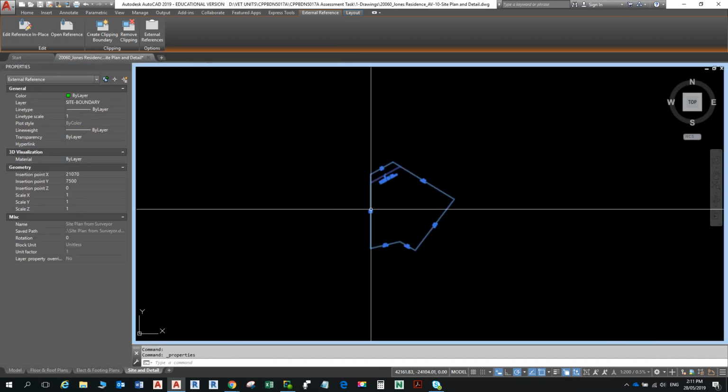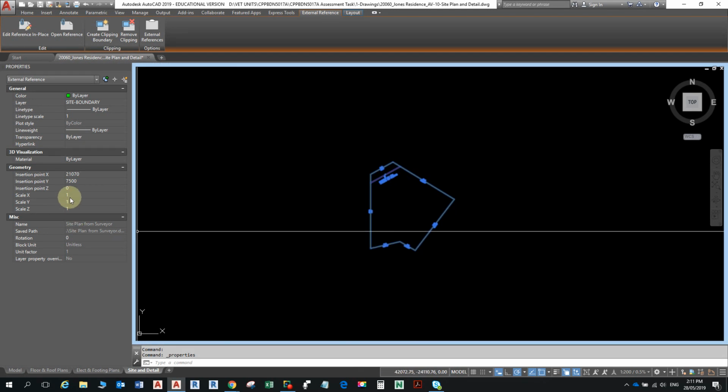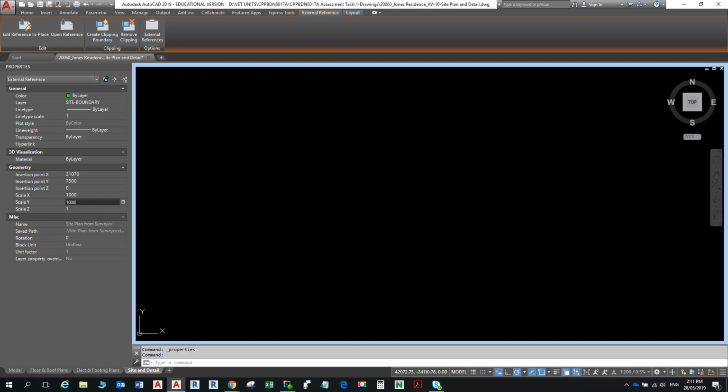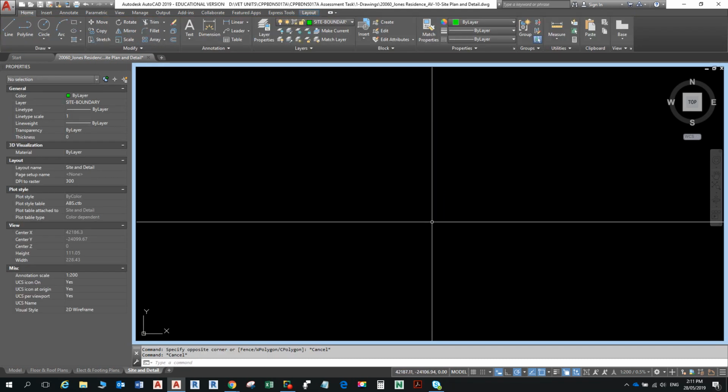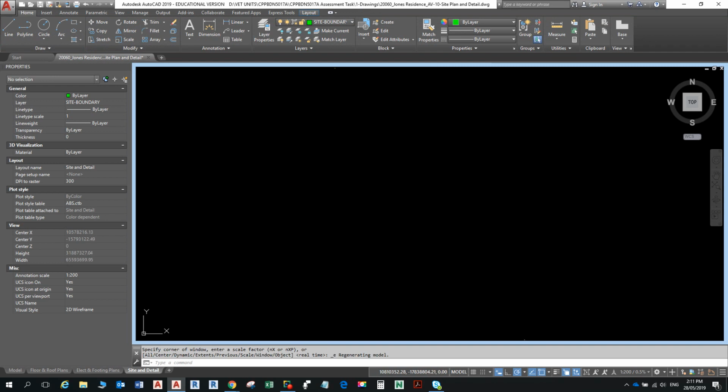Can get it there, right? So what you need to do while it's highlighted is just change the X and the Y. Just change the X to 1,000 and change the Y to 1,000. It makes it 1,000 times bigger, and it goes off the page, off the view. And now if we zoom extents, double click with the middle mouse button,